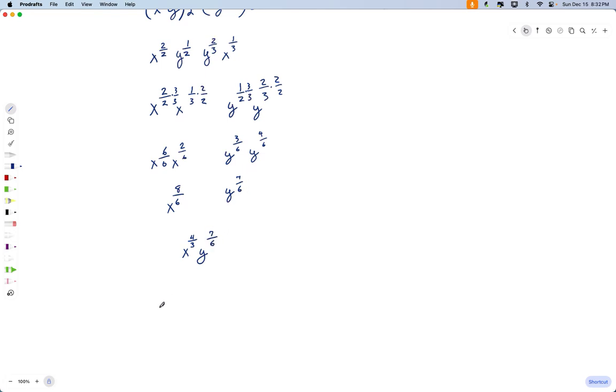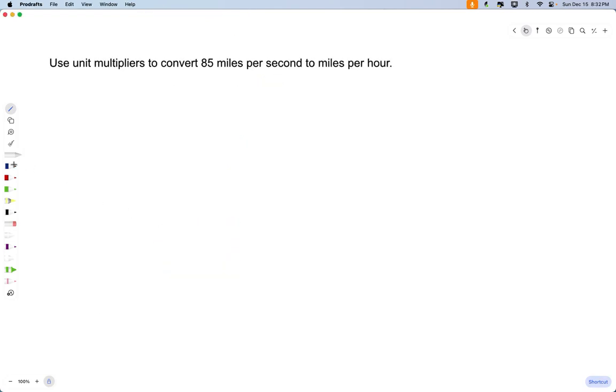So we've got 85 miles per 1 second. All right, we don't need to convert miles. Miles stays the same. All we need to convert is seconds to hours. So we're going to say there are 60 seconds in 1 minute, cancel the seconds, and there are 60 minutes in 1 hour, cancels the minutes. So that is going to be 85 times 60 squared, and that is going to be